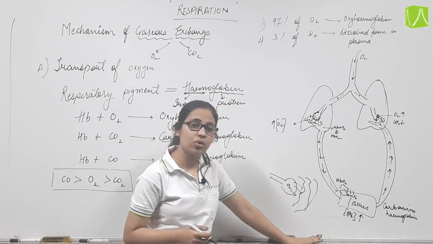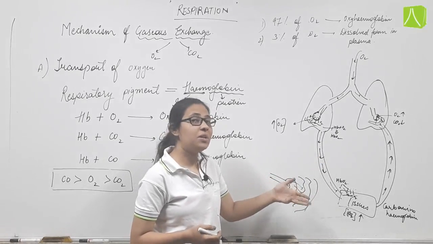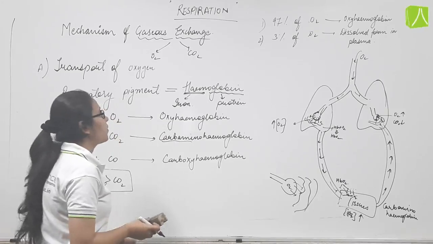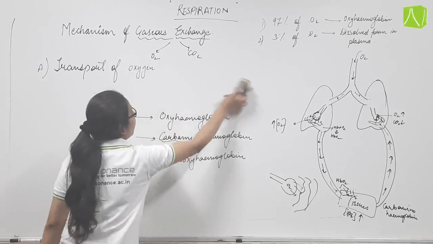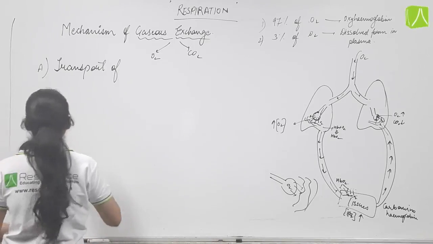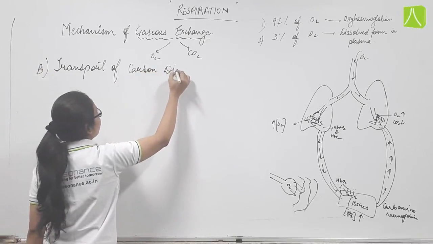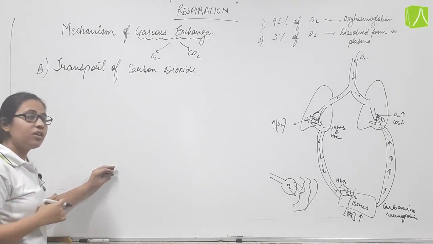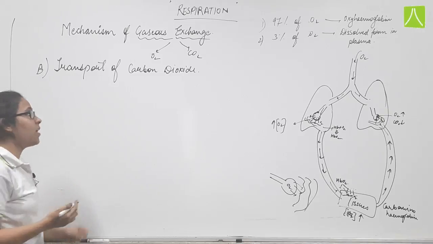It again reaches up to the tissues. So this transportation will be continuous, since the process of respiration is a continuous process. But the point which we have to remember is how the transportation of carbon dioxide basically occurs. We have seen that 97% of oxygen travels in the form of oxyhemoglobin, and 3% of oxygen travels in the dissolved form in plasma.